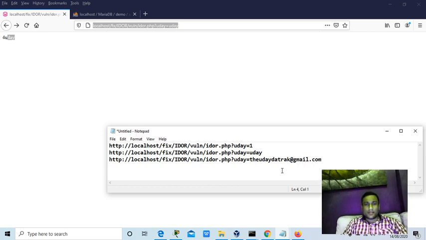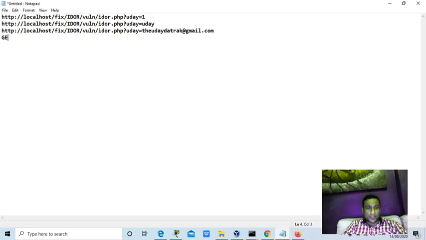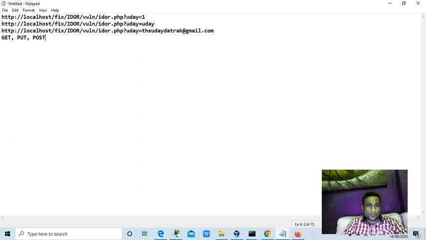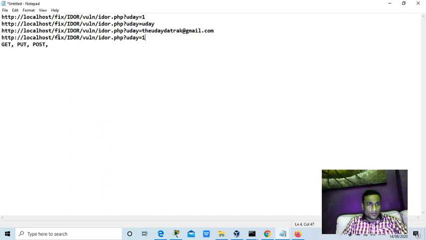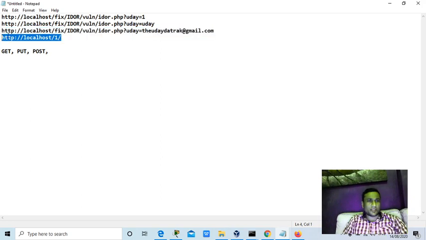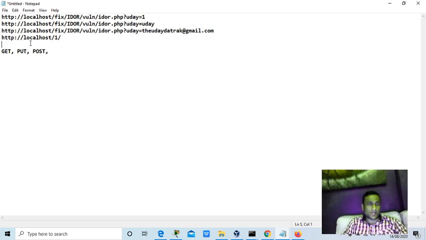And IDOR can work on a GET request, PUT request, POST request, anything. And sometimes you can check IDOR directly on usernames in the URL itself, like 1, 2, not as a parameter value, and then it will show the usernames on the server, like this page has been created by Uday, this page has been created by Kumar, this page has been created by Rajesh, if you give 2, 3, something like that. Okay, this is one scenario.